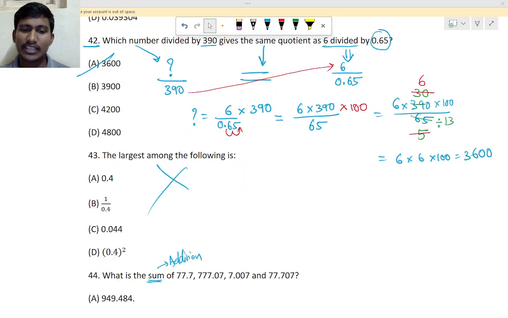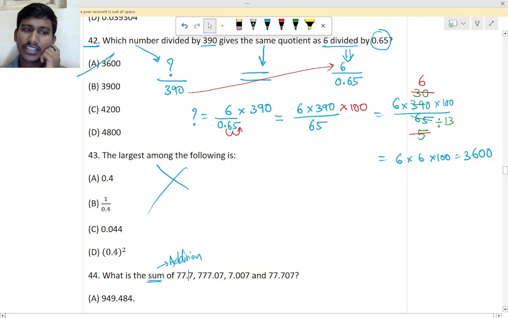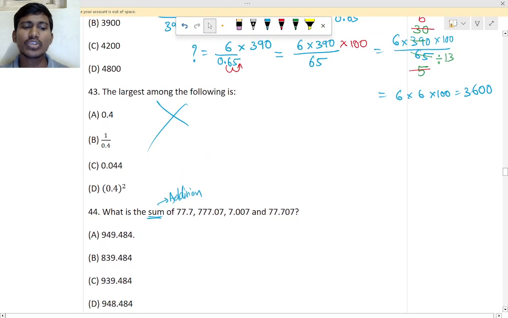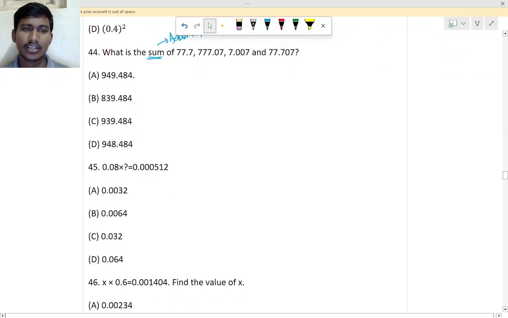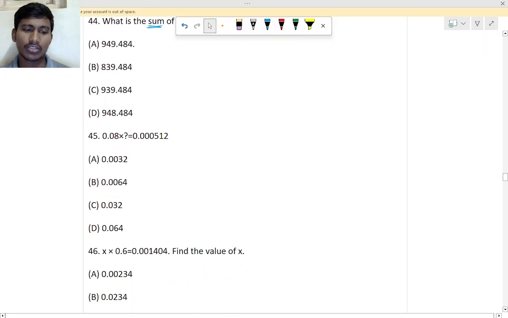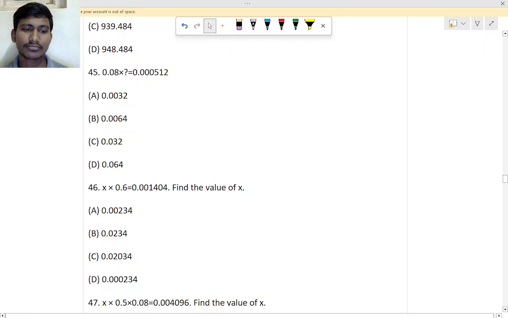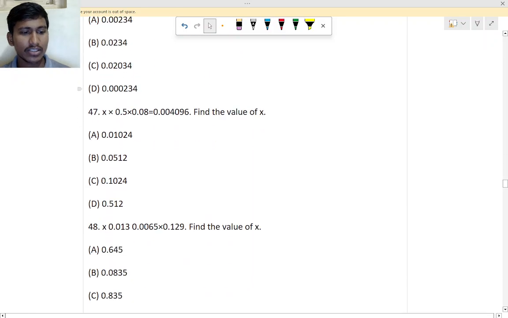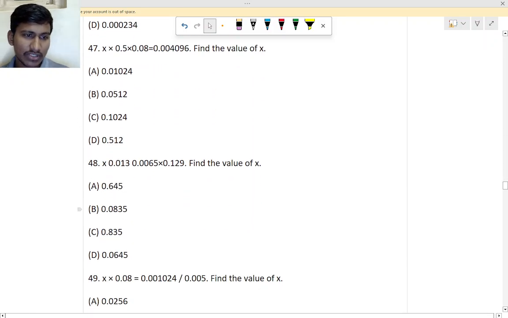So see here, next if you see, what is the question here? 43 is not there for your syllabus. 44. 44 is sum, means what you have to do, tell me? Addition. So you have to do addition of all these. Will you do addition of all these numbers? Okay, you find the answer. It's option C. Okay, good. Now these type of questions are there, right? These are all like this only.